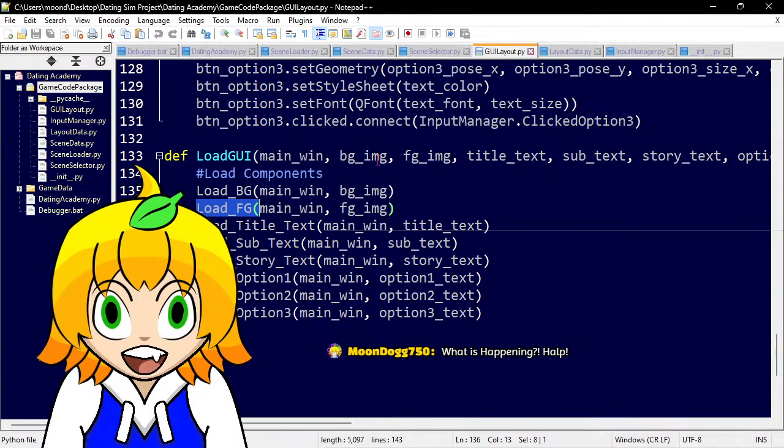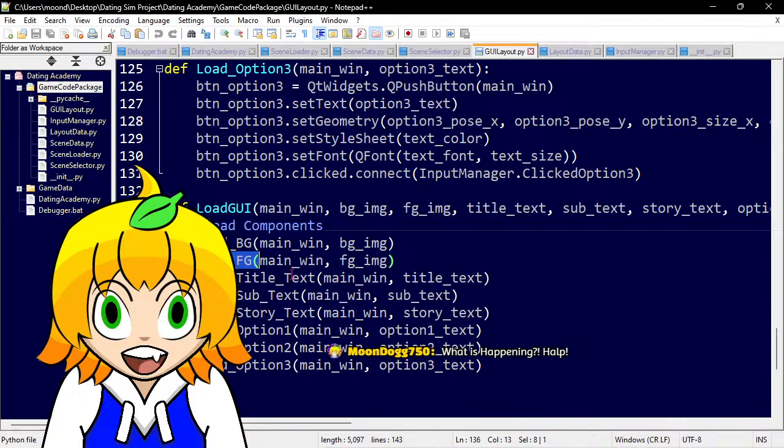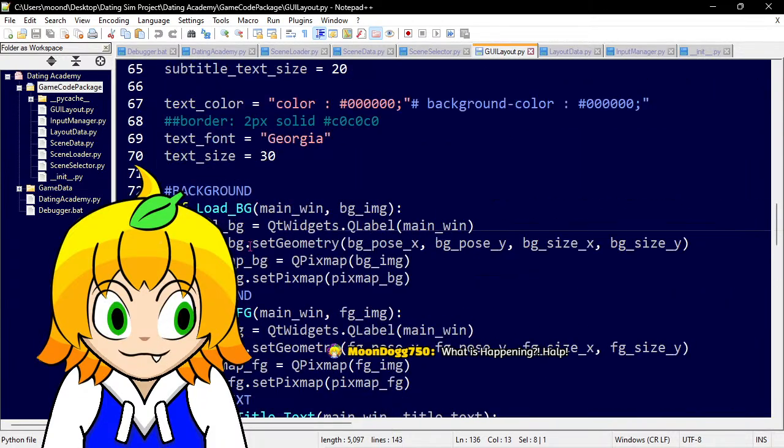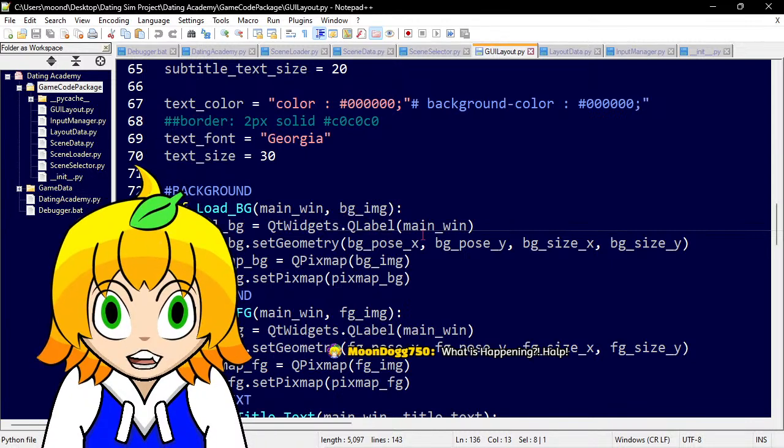But it gets the data, and then it pushes this data through these systems. So the BG image data gets pushed into load BG. We go to load BG, and it takes in the WinMain BG image, and it does a Qt widget Q label.